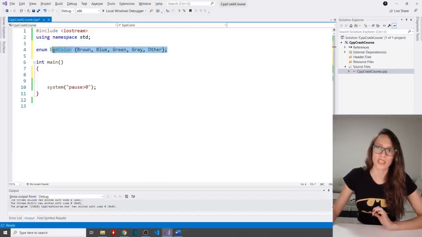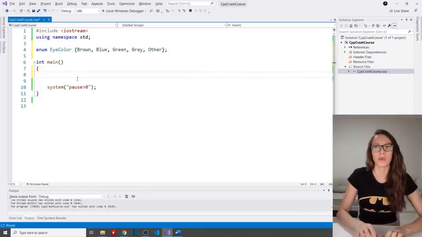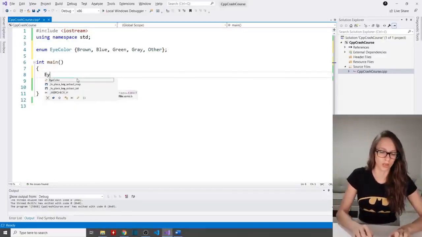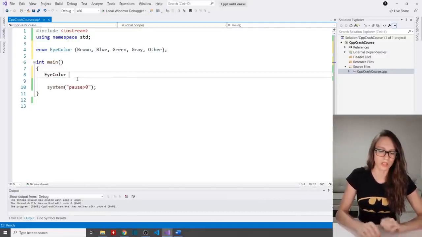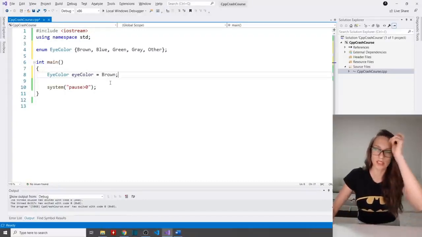So now we have created an enumeration called iColor, and we have given it these 5 values, these 5 variants, so brown, blue, green, gray, and other. And let's now create a variable which is going to be of type iColor, and let's call it iColor as well, only lowercase e, like this. And I'm going to give it a value of brown, because that's my eye color, I guess.